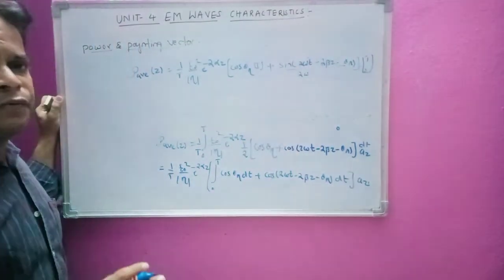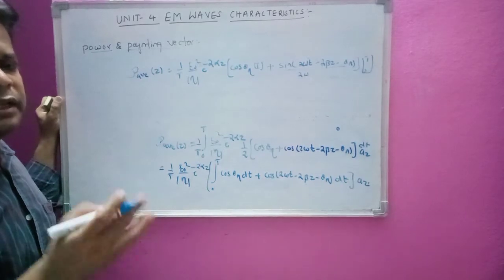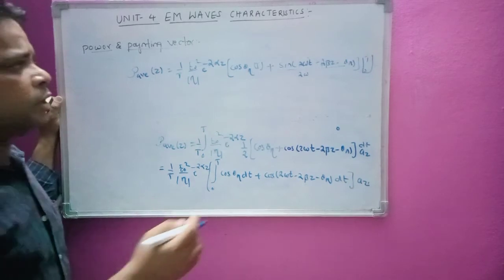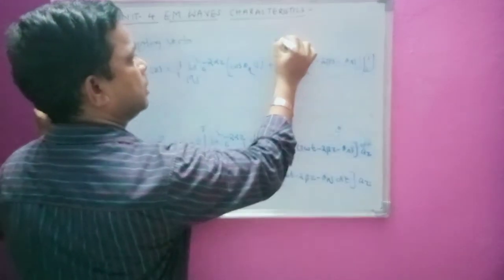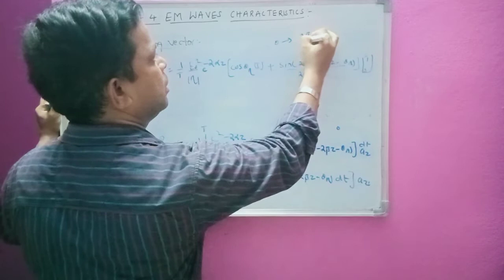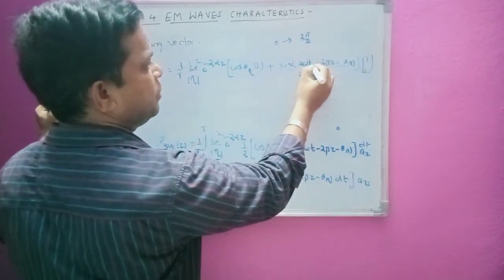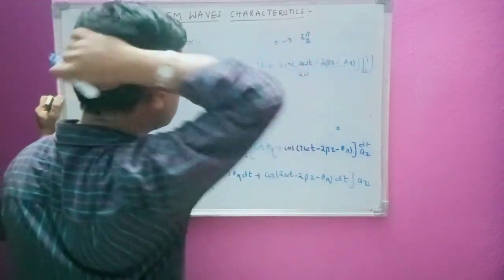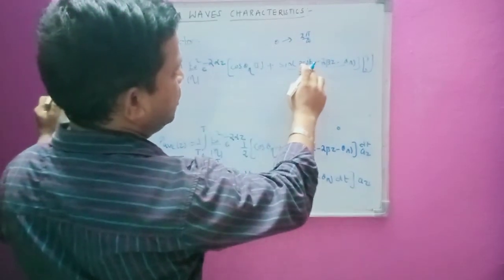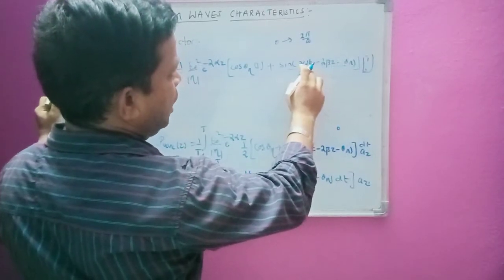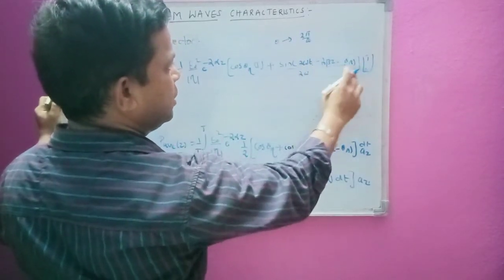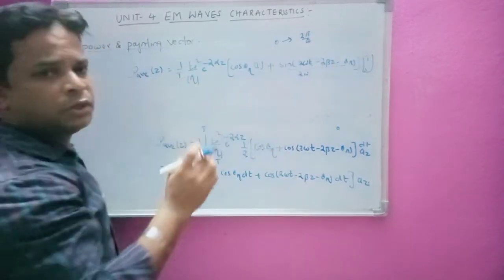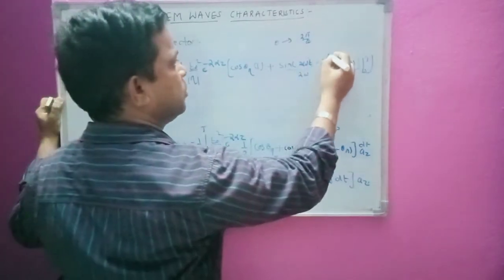So you know that if you are integrating sine or cos with the limits from 0 to 2 pi, that is 0 and 2 pi by omega for t. If I take 2 pi by omega in place of t, I get 2 pi here, and if I substitute 0 here, you get 0. So I will get 0 minus 0, that is 0. Now this entire term is going to be 0.